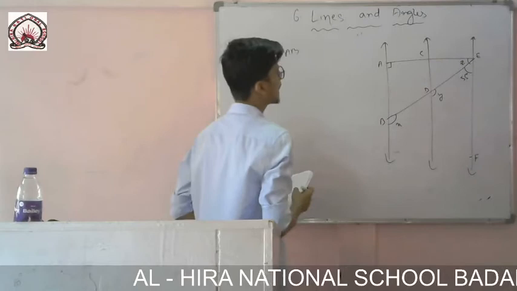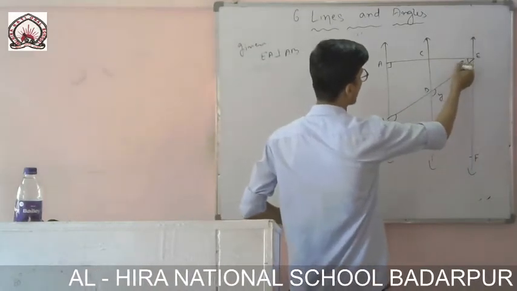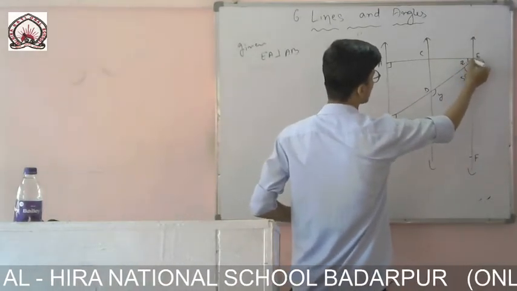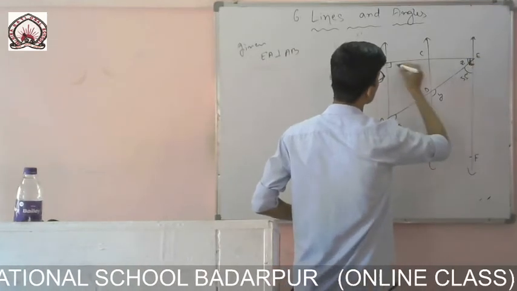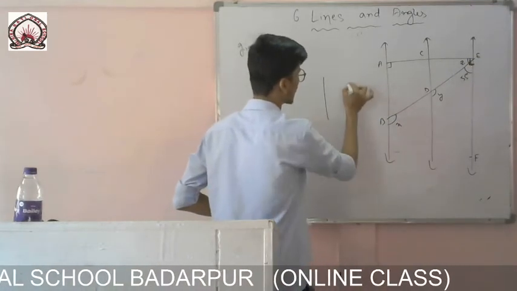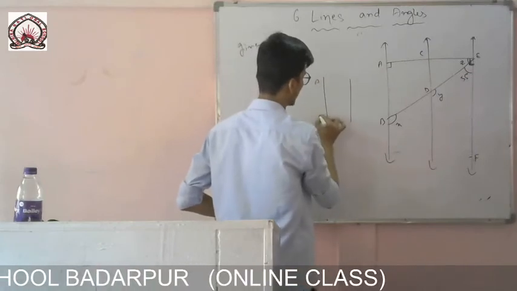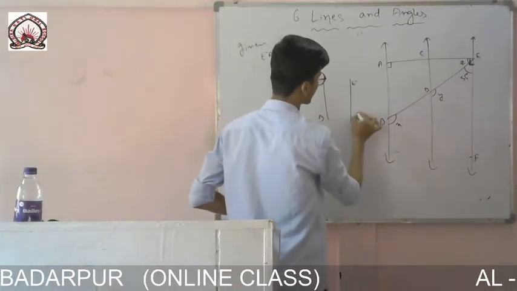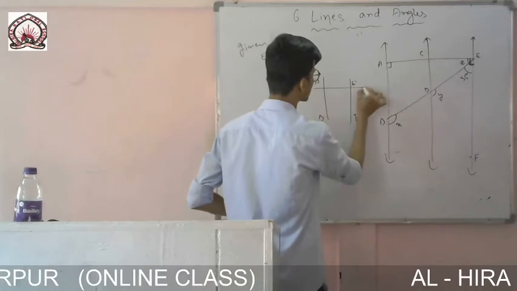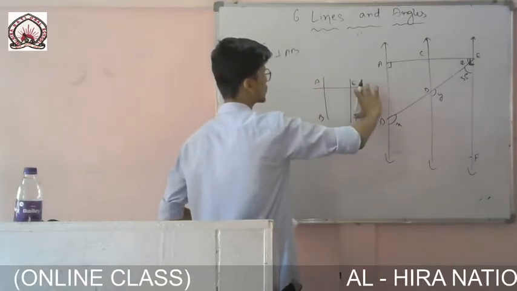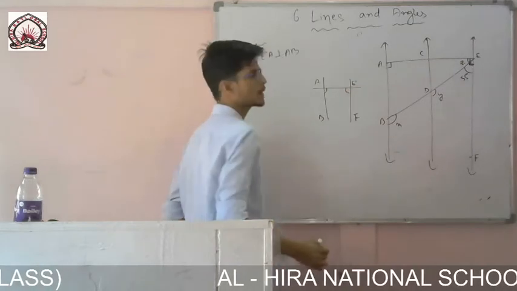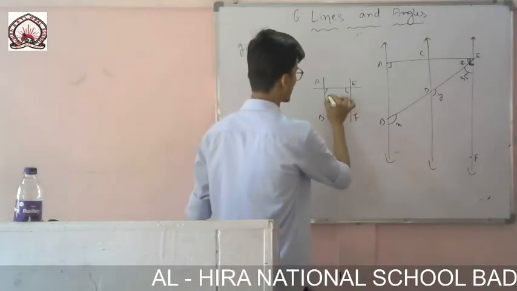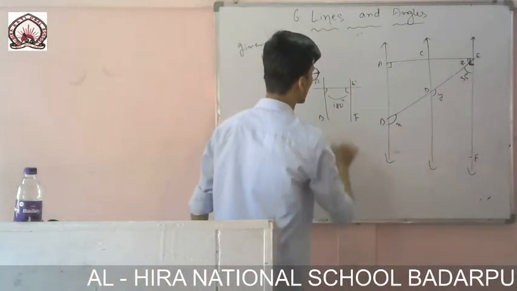Very easily I can find Z first of all, because you see this whole angle, and these two lines are parallel, AB and EF. There is a line passing like this. If I take that AB is parallel to EF and this is a transversal, that means this angle and this angle will be co-interior angles, and the sum of co-interior angles is 180 degrees.